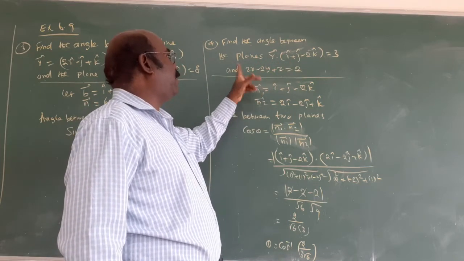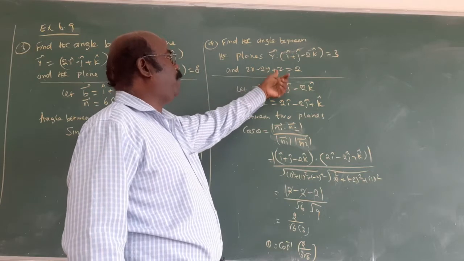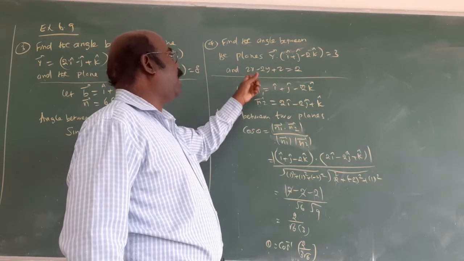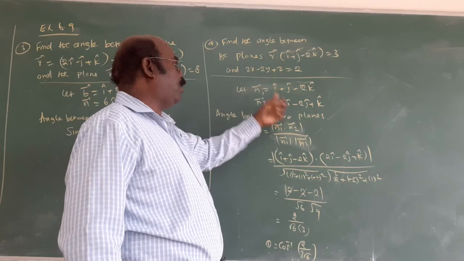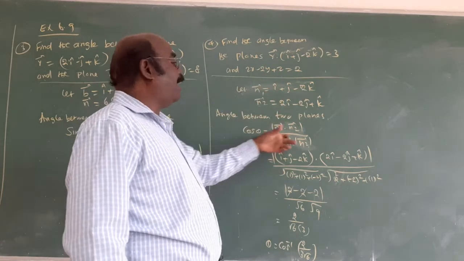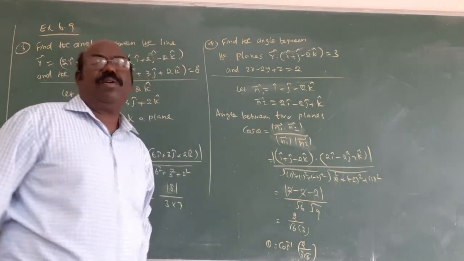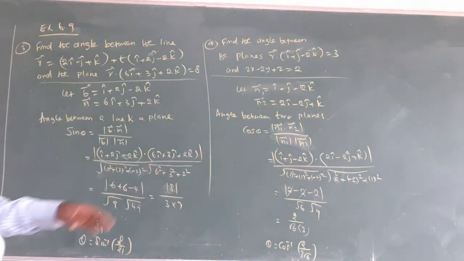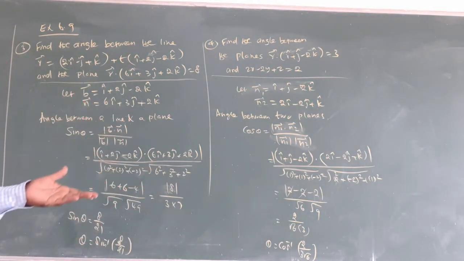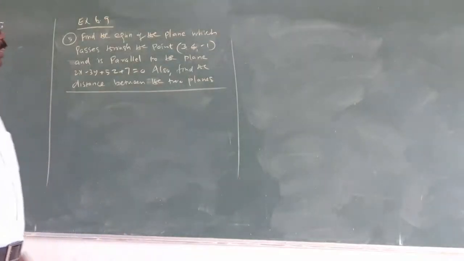Here this also can be written as R dot 2i minus 2j plus k. After that is what? 2i minus 2j plus k. This is the N2 vector. Now here cos theta equals N1 dot N2 by the moduli. In this way, you write the formula. After substituting there and simplifying, we get the answer. Both are important, 2 marks questions. Read the question clearly: angle between two planes, or one straight line and one plane. That's right.